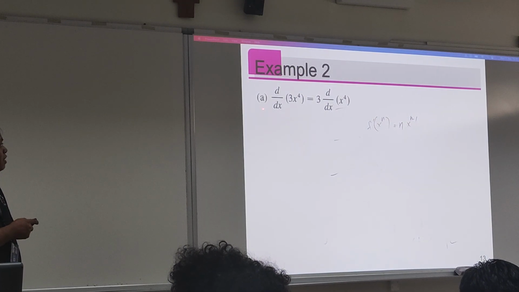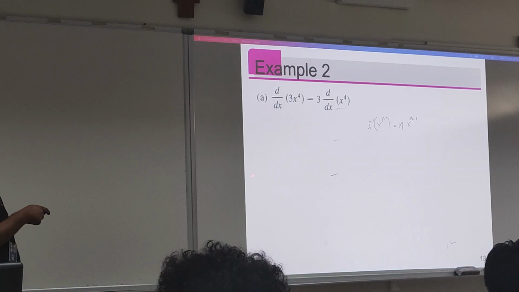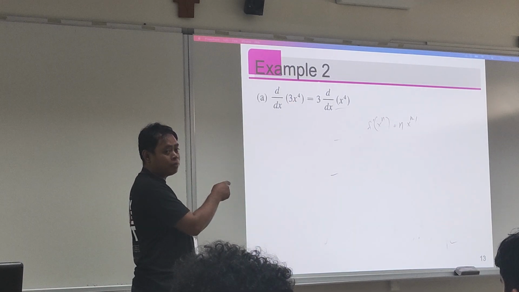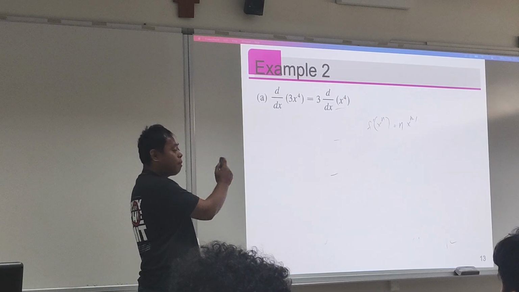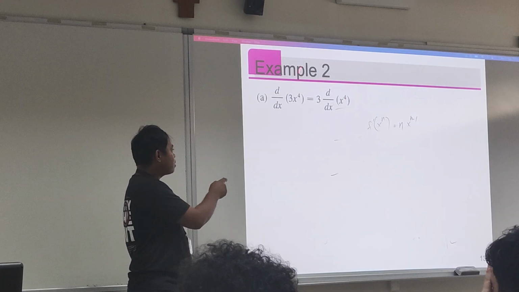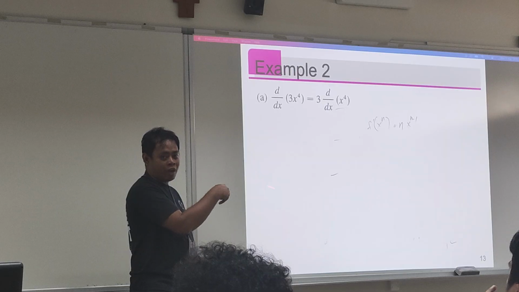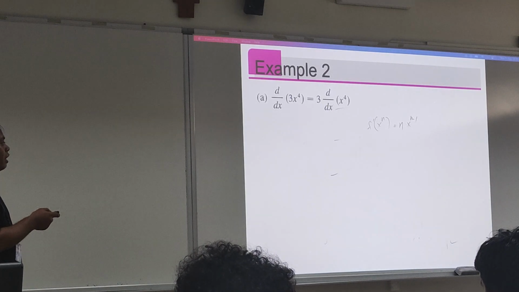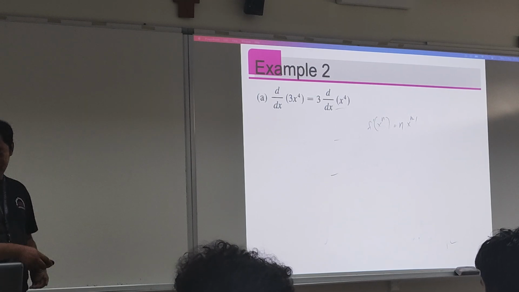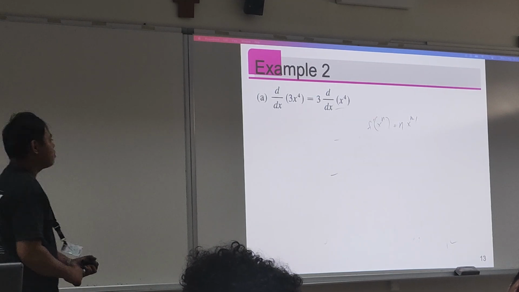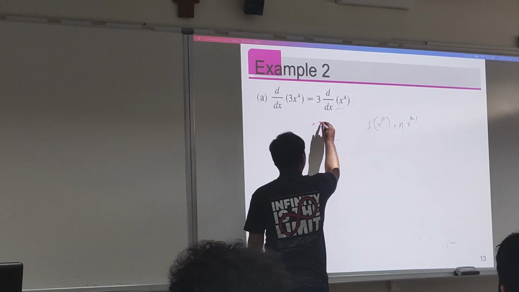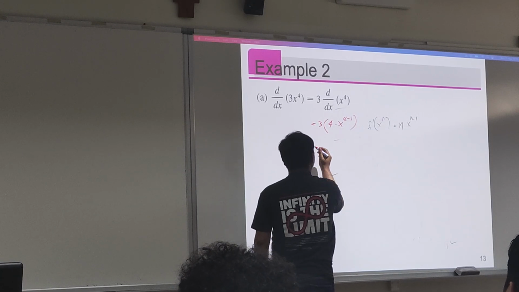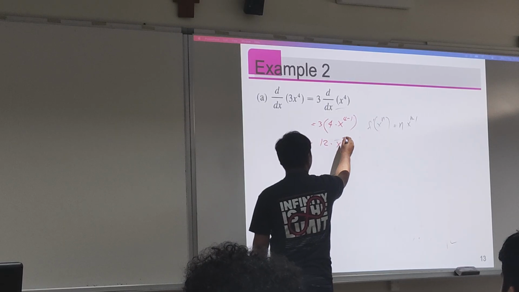So for that one, we have this given example. Suppose you are to take the derivative of 3x to the 4. As you can see, if you take the constant multiple, the x to the 4 can be differentiated. So let's consider your x to the 4. The derivative of x to the 4, by power rule, is just what? 4 times x raised to 3, no? So this is 4 times x raised to 4 minus 1. Then this is 12 times x cubed.